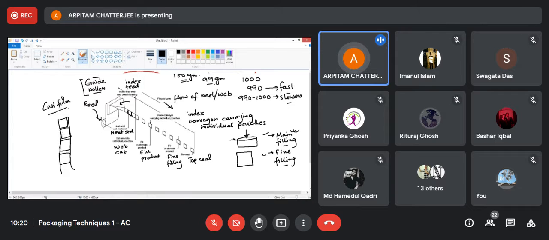So they tear it off from here and they give it to you. So it can be a chain kind of arrangement also in some cases, but not in case of a very heavy product like oil or maybe maida, flour. In these cases you cannot have this chain arrangement because the product is very heavy. But generally, for shampoo, sauce, or masala packages, you will see that it generally comes in a chain.